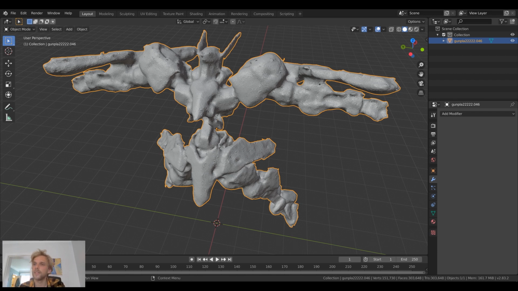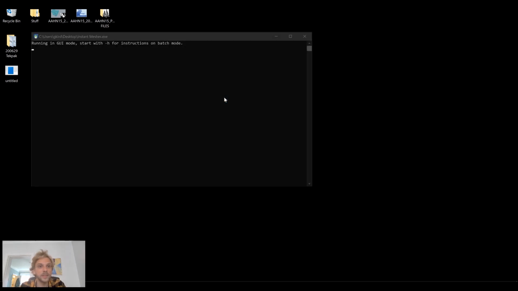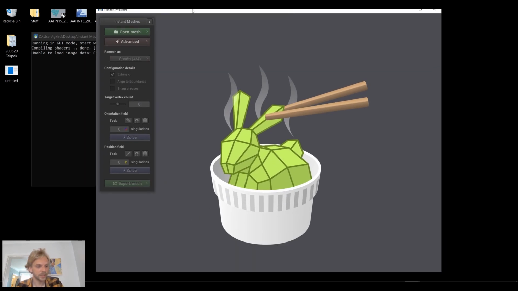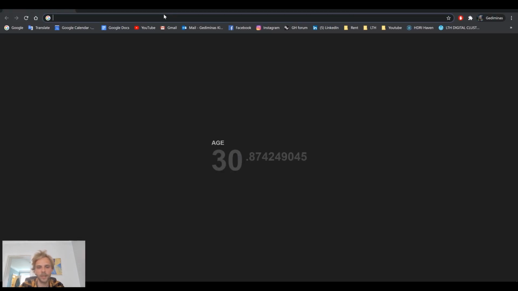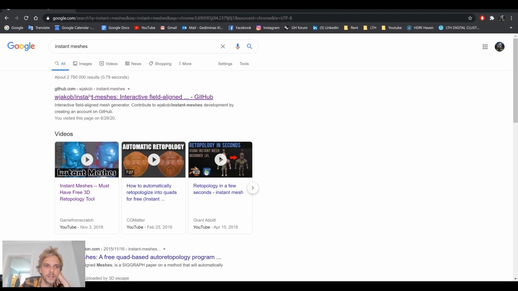with this kind of new program that I found, which is called Instant Meshes, and you can download it from the internet. Just Google Instant Meshes download. It's free to use. It's a single file, and actually let me take a look. There we go. Instant Meshes, immediately the first